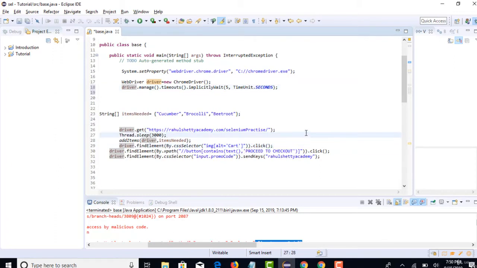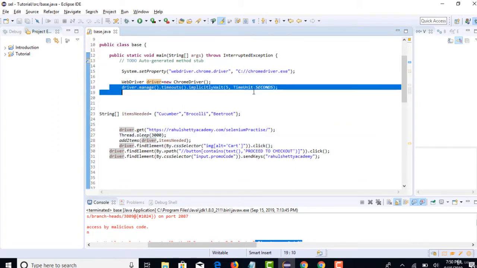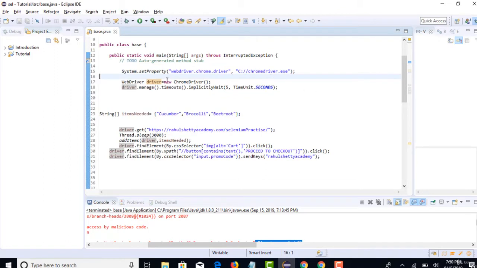So now let's run this code because we added this step. This is a one-time effort that you need to add to your test globally. After you declare the driver object, the manage method is nothing but you are going to manage your driver object with different parameters. Timeouts is one of the parameters.